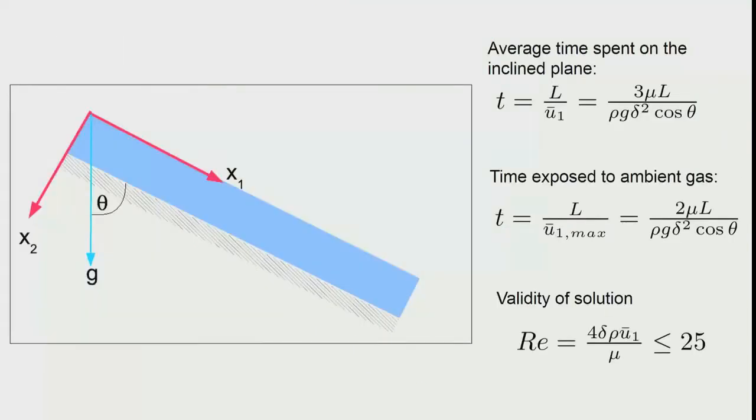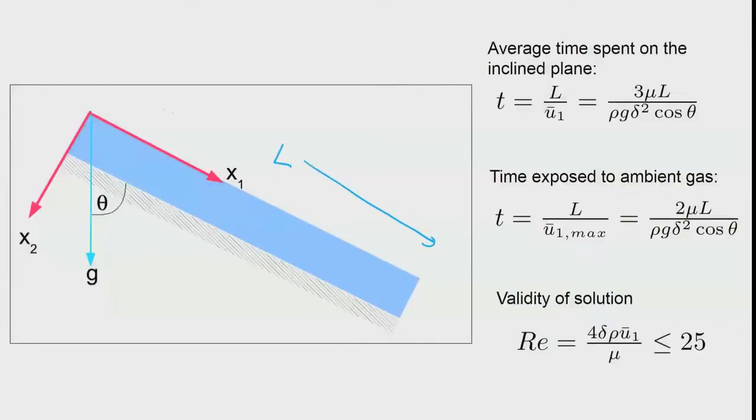We also have, in metallurgy, other expressions that are of importance to us. We are often required to find the average time spent by the liquid on the inclined plane. The average time spent is the time taken for the liquid to go through the entire plane, and we take the average velocity and divide the length of the plane by it, and then you get the average time. The length is available. The width is in the other direction, the z direction. This expression will give you the average time spent by the liquid, and if you substitute the average velocity expression, you would get that.